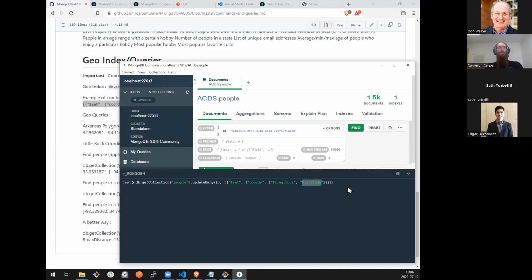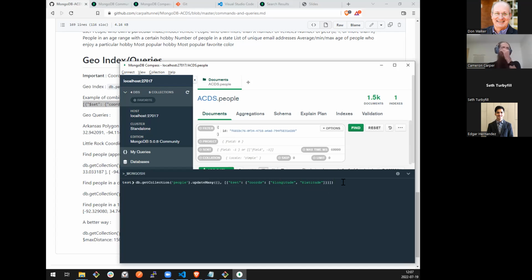Another extremely important thing to note here is when I think latitude and longitude, I think latitude then longitude. For this to work with geo indices or indexes in Mongo, it has to be in order longitude, latitude. So if you reverse those and do them the way I say them and typically think of them, it will not work and you will get crazy errors until you realize that you have them reversed. So longitude should always be first and latitude should be second.